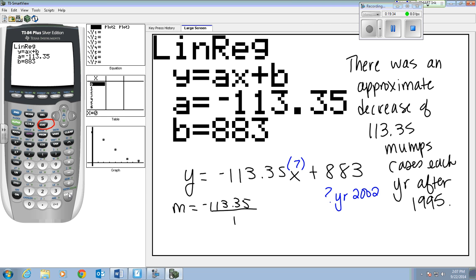So this is what you're going to do today. I'm going to give you real world data. You're going to find lines of best fit. You're going to use it to predict something. All right. So let's look at your